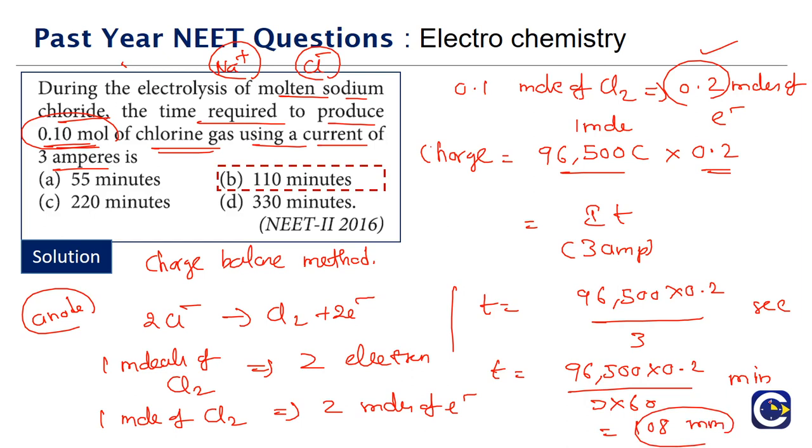So all that we are doing in this question is charge balance. We are seeing the number of electrons required for the production of 0.1 mole of chlorine, which we get from the chlorine discharge equation. Then for this much electrons, what is the corresponding charge? We multiply the number of moles of electrons by the Faraday constant, and the charge has to be supplied by passing current, so we use the formula charge is equal to current into time. And then they are asking for time in minutes, so we just convert it into minutes. Clear? So it's a very standard kind of question that we can expect based on Faraday's laws of electrolysis.